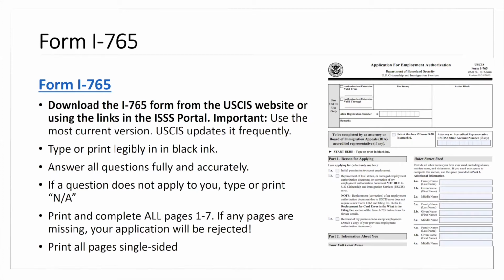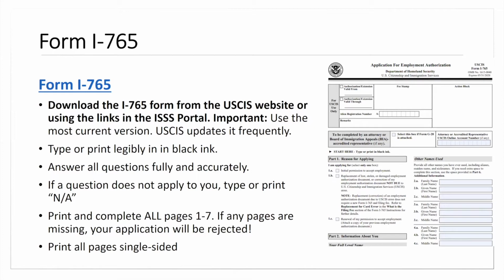It's also important to note that it's really great to type this up. So if you go to the website or you're filling it out as a PDF, save it to your desktop. You do have to sign it with a handwritten signature. So even if you fill it all out online, make sure that you are adding that signature and that you're answering all these questions accurately and completely.